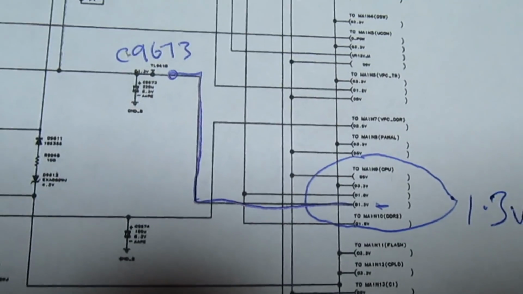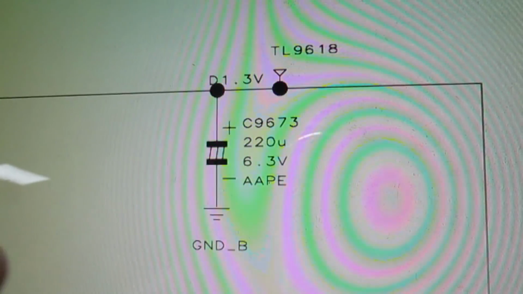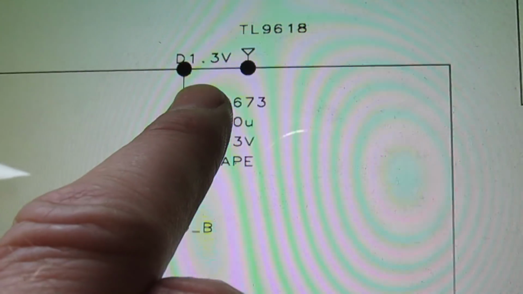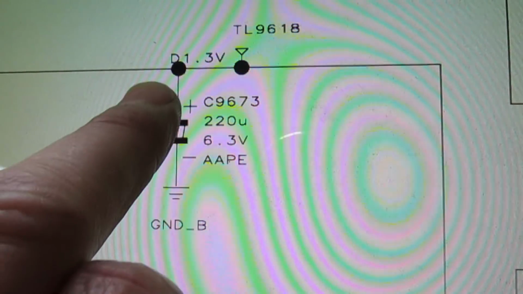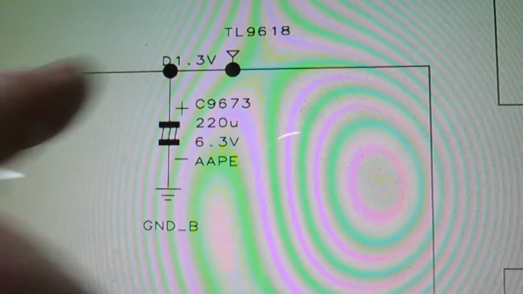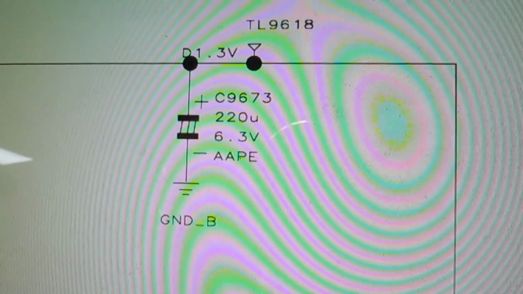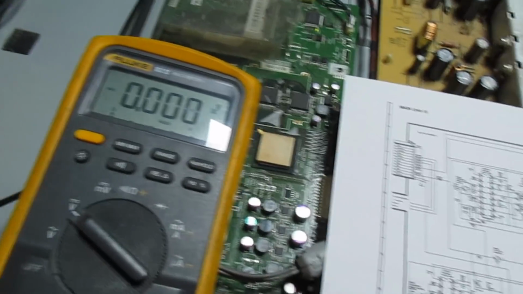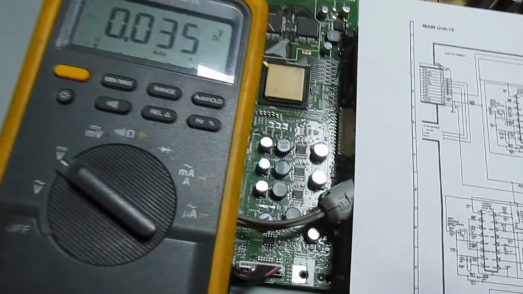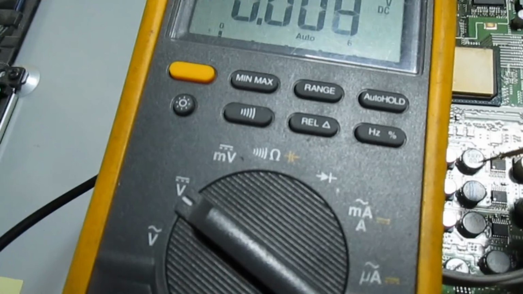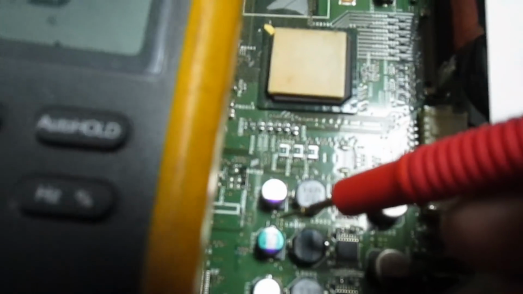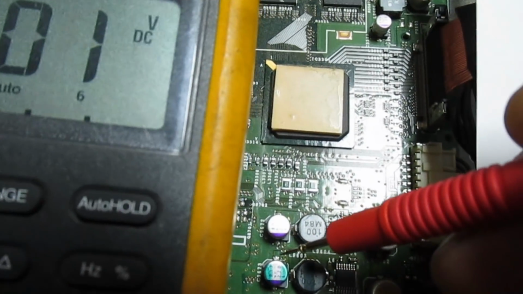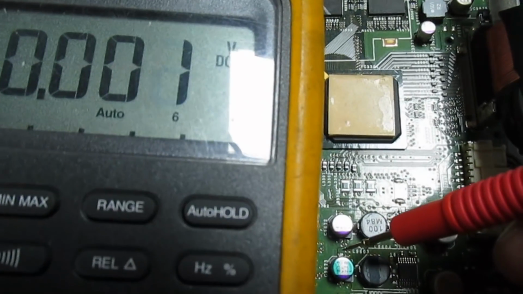C9673, and there we are on the computer. I've made it a bit bigger. C9673 test point, well, we'll just use the positive plate of that capacitor. It should be 1.3 volt. Right, so I'll just move in with the camera. Tell you what, let's just swap hands. Now I've actually marked the capacitor there, C9673. I've marked it with some green pen on the top, so that's the 1.3 volt output there,